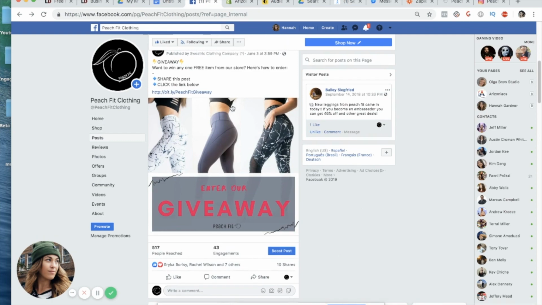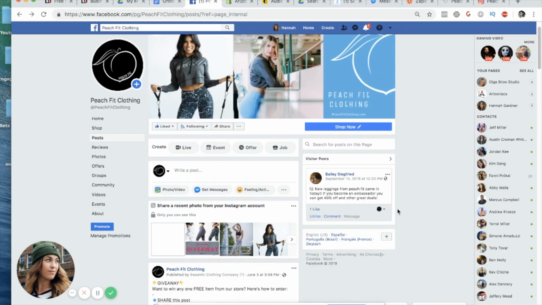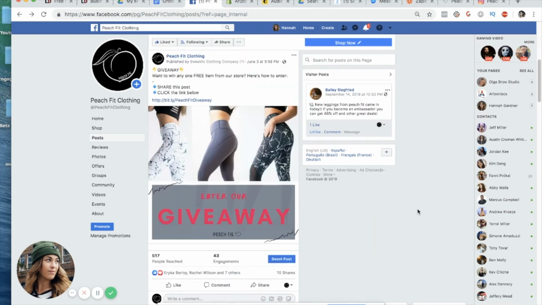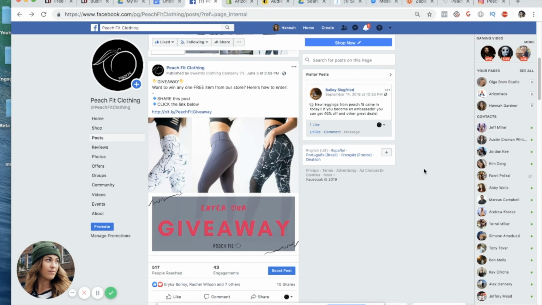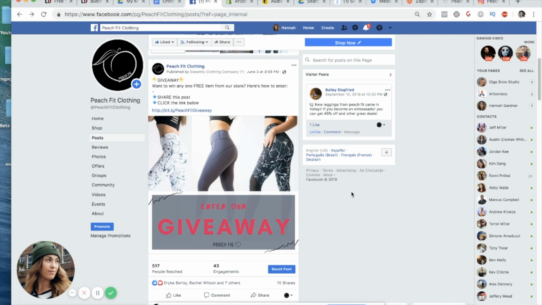If you're doing giveaways, or other contests on a consistent basis, you'll slowly grow your sphere of influence and your followers and everything all together. With the giveaway that looks like that, I think just from this giveaway so far, we've grown our chatbot and our email list by 90 people. So, if you're doing this on a weekly basis, you'll have constant growth.